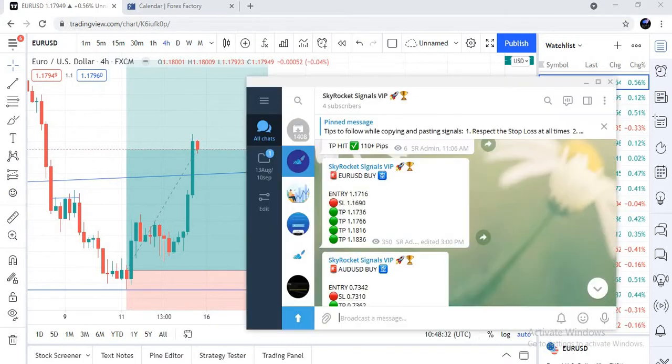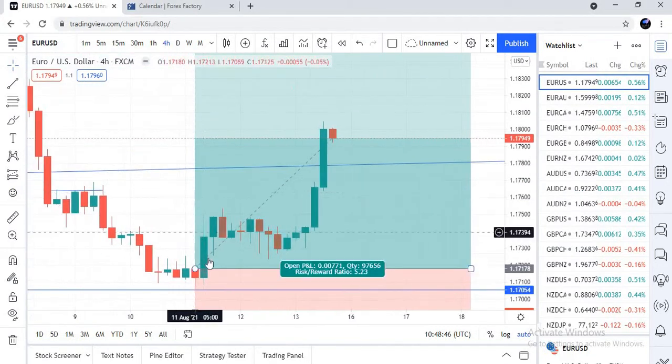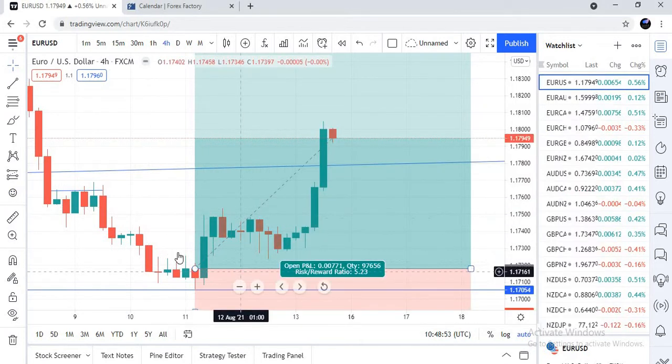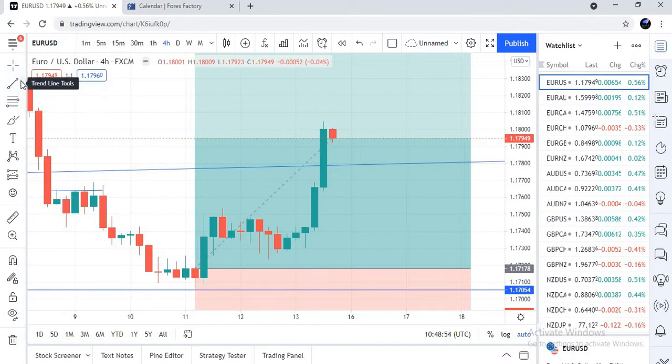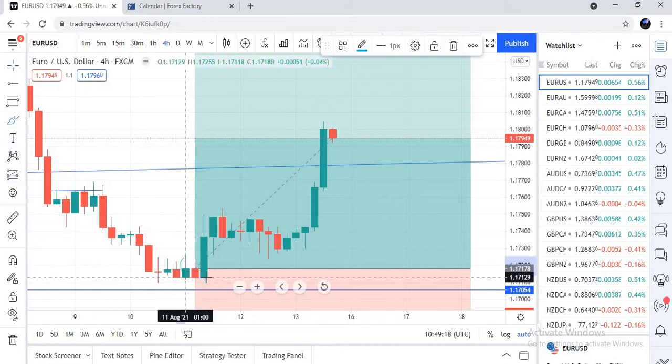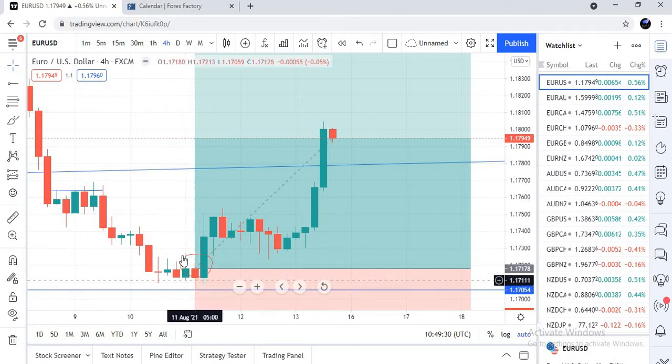So for the EURUSD, we entered at the price of 1.1716 at the time of 3 p.m. So we're just going to be looking for the exact entry point. So let's look for 1.1716 and put a mark on it exactly around this level. Let me mark that out. That is around this level. So around this region is where we placed the trade.